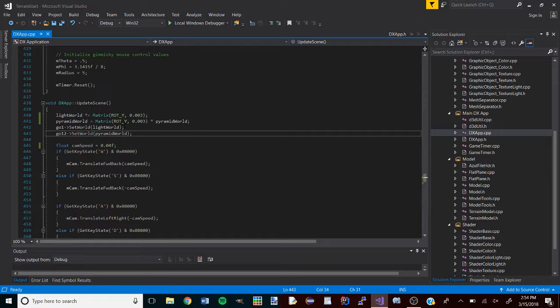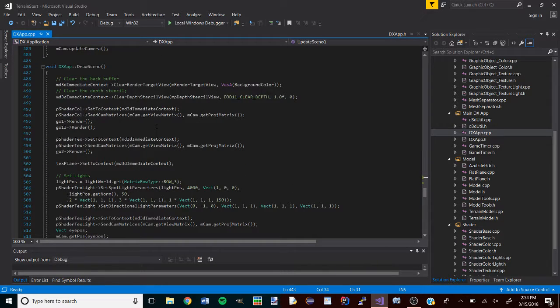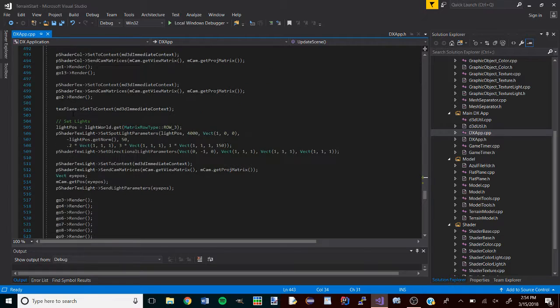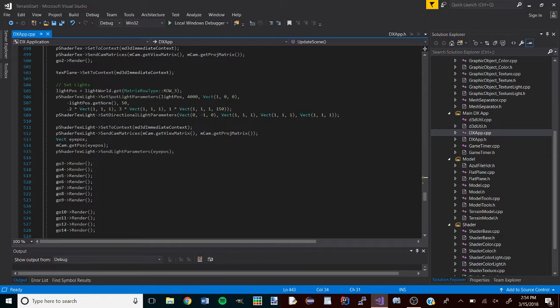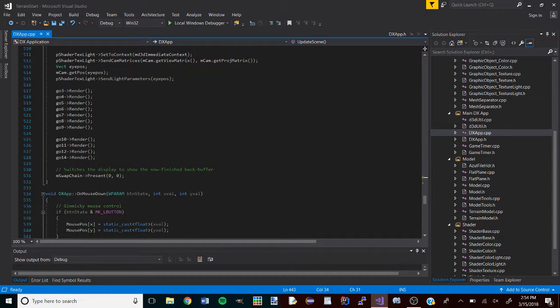These values are changed a little bit, you'll see, just because the FPS is a little bit lower, so the update isn't happening as much, so the values are a little bit bigger to make up for that. And then down here we're just setting the shaders to context and then calling render on the graphics objects using those shaders. And then down here we're setting our lights, and then we set our shader texture light to context, so then we can render all of the graphics objects that are using the shader texture. If we run this,